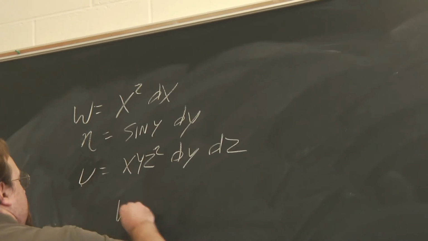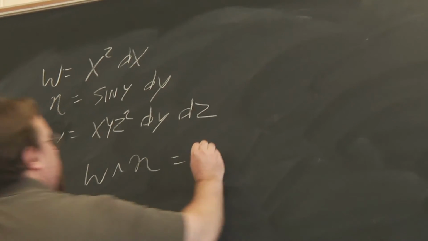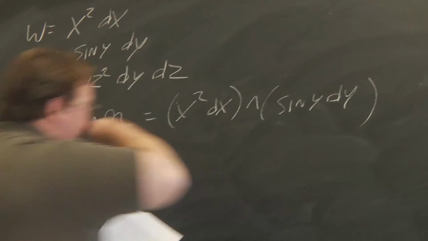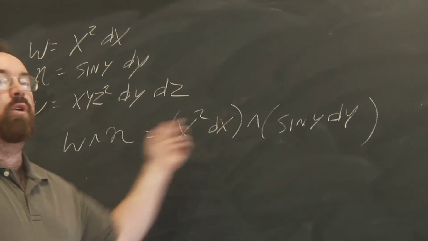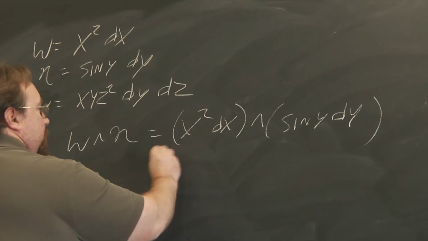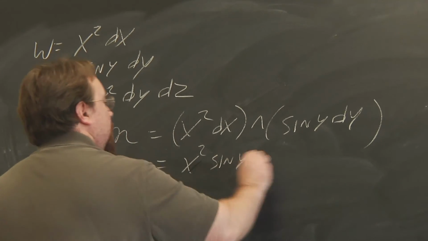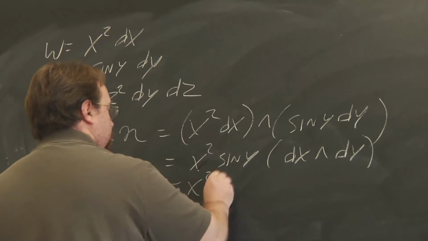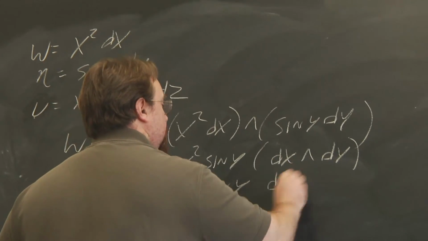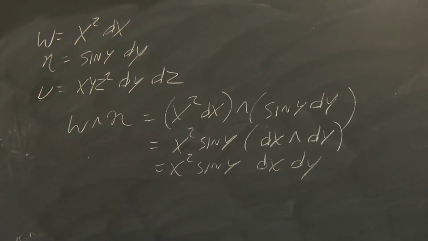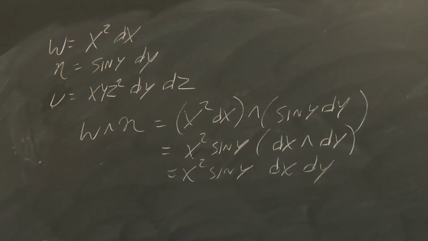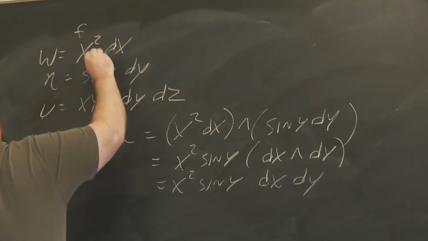So we have omega wedge eta, so that's going to be x squared dx wedge sine y dy. What you can do for functions, you can just pull them out, like for constants. So we're going to have x squared sine y dx wedge dy. So that's going to be x squared sine y dx dy. Now I just spotted a typo in the notes where I don't have a specific function filled in. This is f g